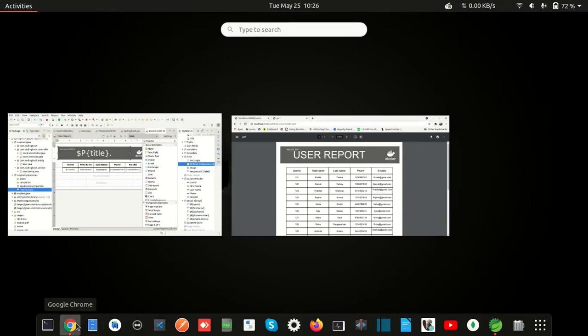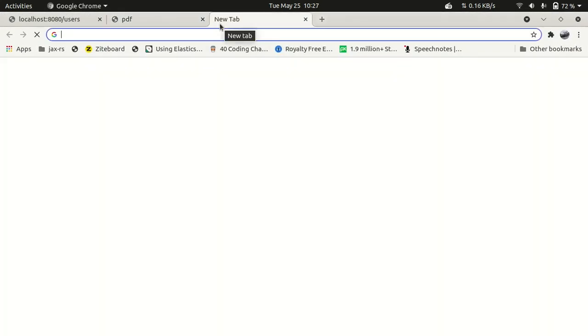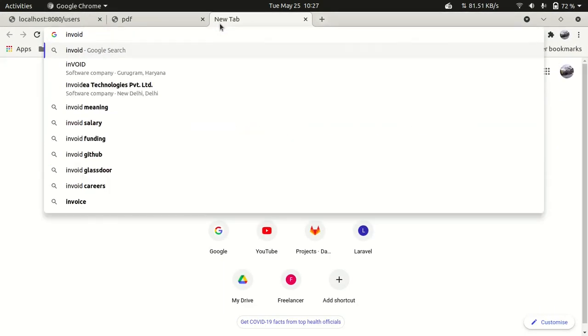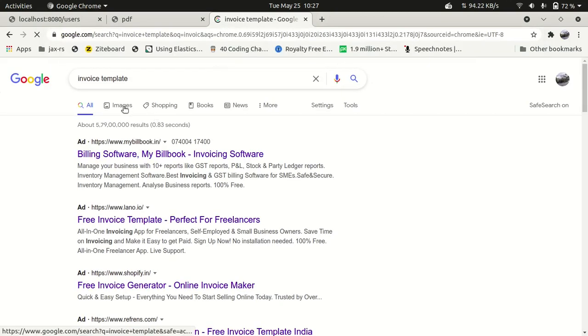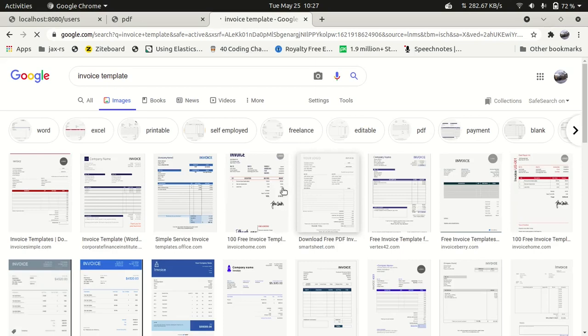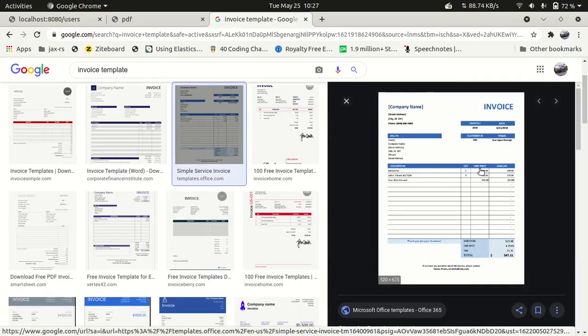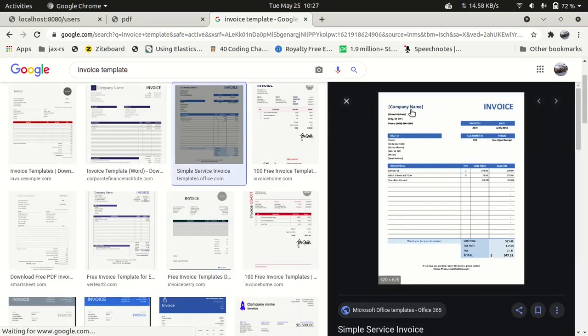So suppose I want to, in the Google, if you want to see here invoice template, so we can select here images, and we can see many things, right? So what we can do, you can see these are the static text we are passing, these are the static, right? So we can make like this in here what we are passing. So we can take what, suppose I'm opening,